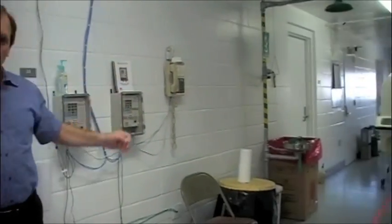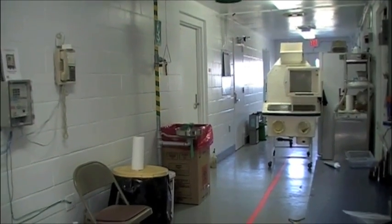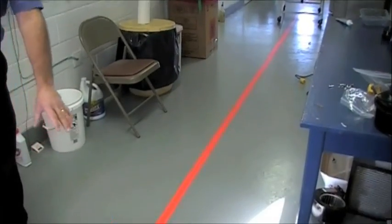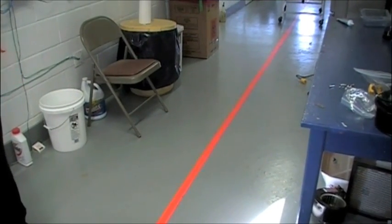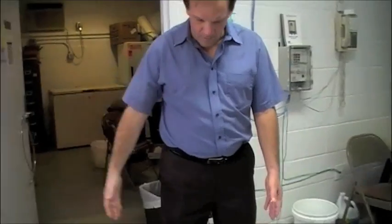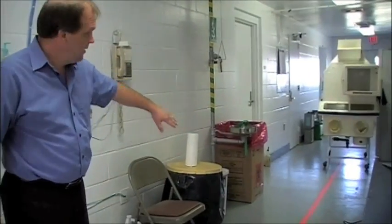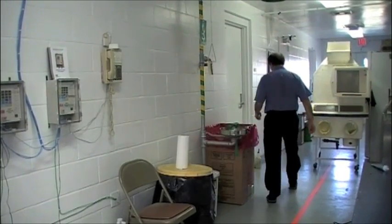From here, I will walk along and enter into the shower facility. As you can see here on the floor, there's lines. And these lines are telling us where we're allowed to step at different phases. Since I entered right here, all I have on are the flip-flops. I have to stay on this side of the line, and I'm going to now enter into the showering facility,